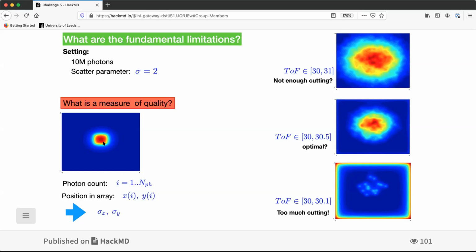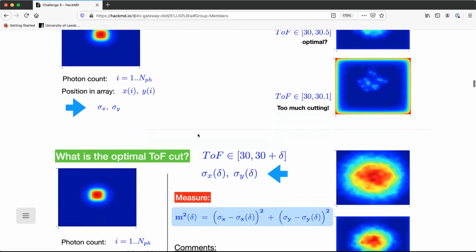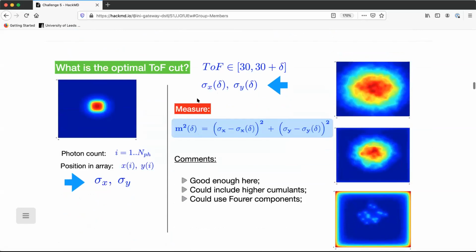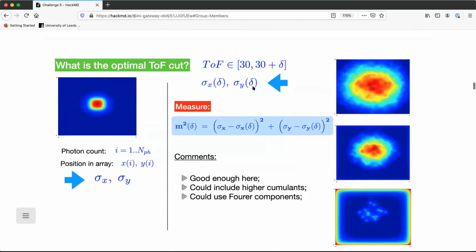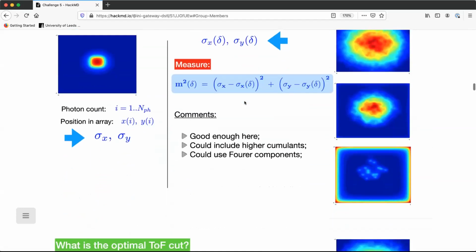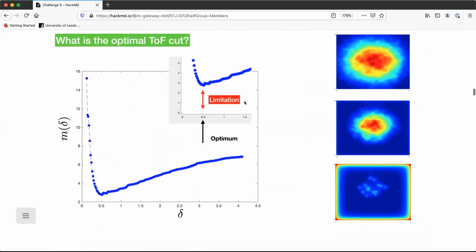So you can do this for the unobscured object, but then you can, of course, do this for these images as well. And then you can just do a least square difference as a measure of overlap of the images. This is just a very crude idea. Of course, you can use higher cumulants or Fourier modes, and doing that, there are an infinite amount of ideas. But what you get now is simply a picture of what's happening here.